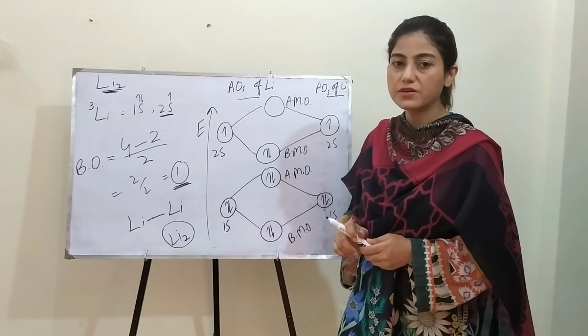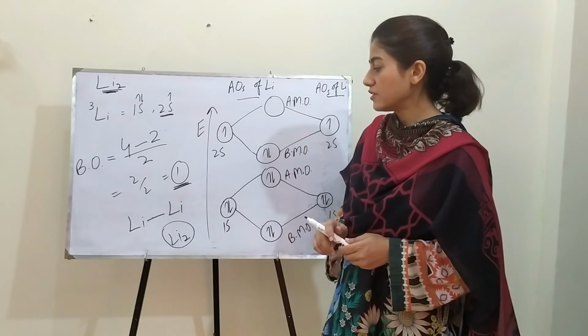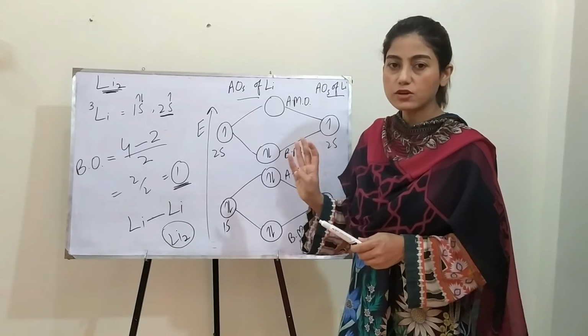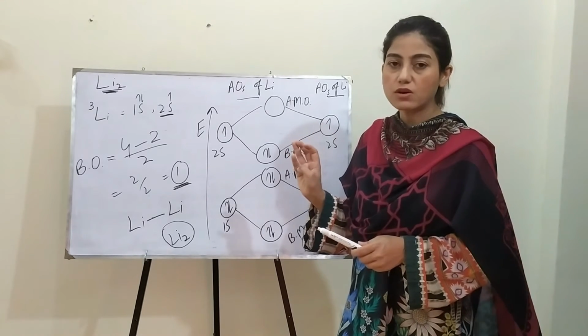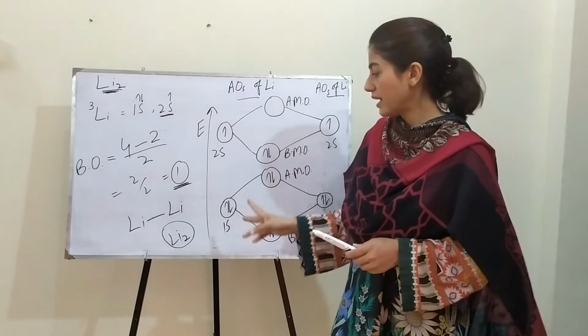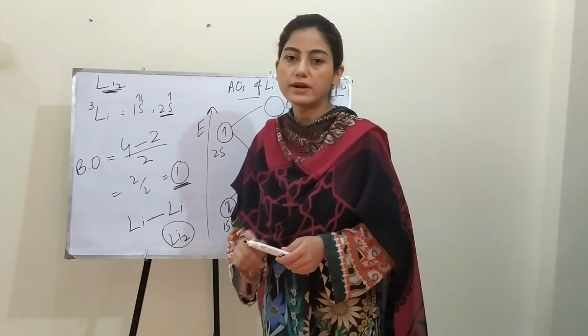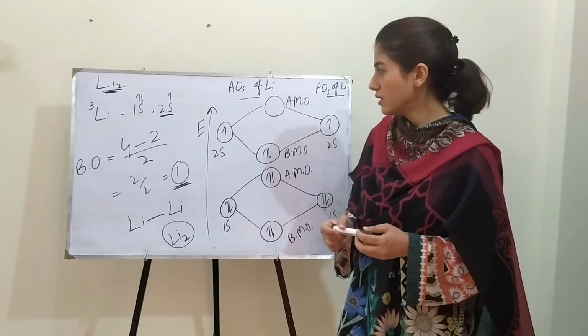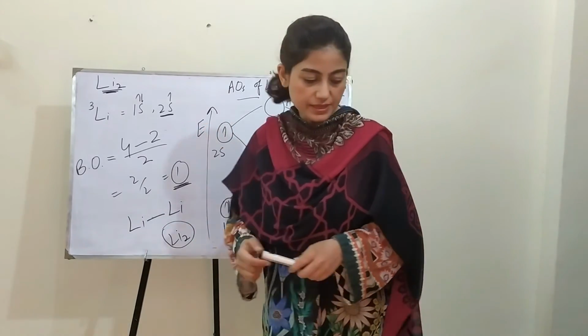The molecular orbital theory gives us the information about 2 factors: the nature of the bond, whether it's covalent or ionic in nature, and the number of bonds between atoms. So now our next example is